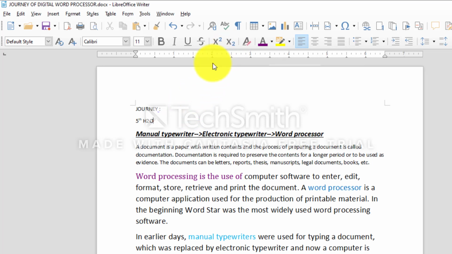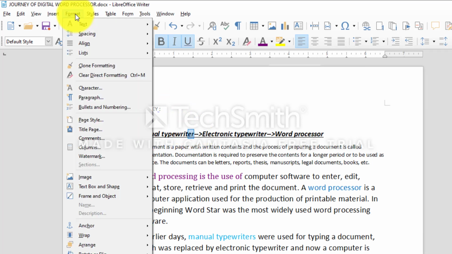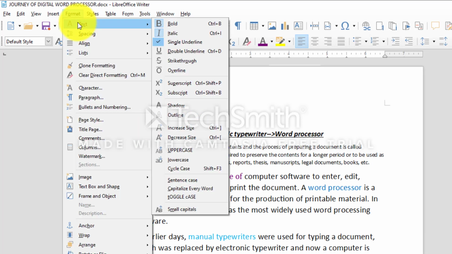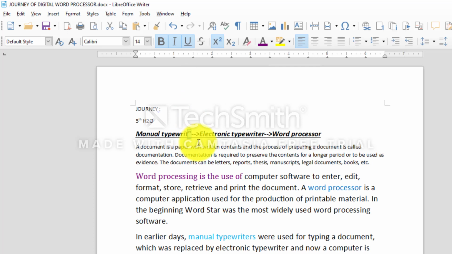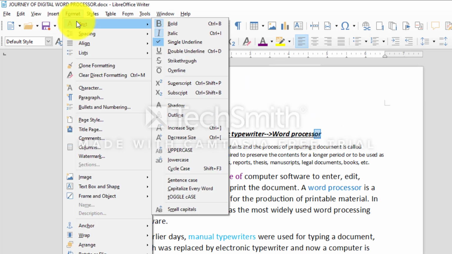To apply superscript, select the text, select Format, Text, and then Superscript. To apply subscript, select the text, Format, then Text, and then Subscript.